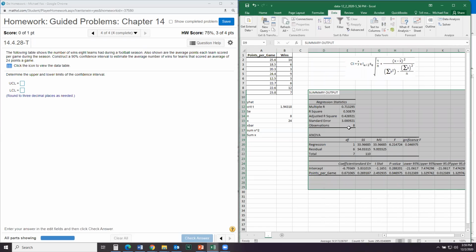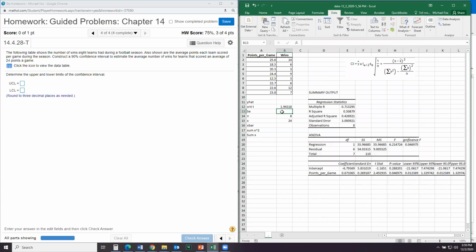So there's our output. So our standard error is right there. X bar is going to be the average of all the values of x. And the sum of x squared, again, I'll have to make an x squared column here. I'll say it is x squared. Set it up. So equals the sum of all of those x squared values. And the sum of x equals the sum